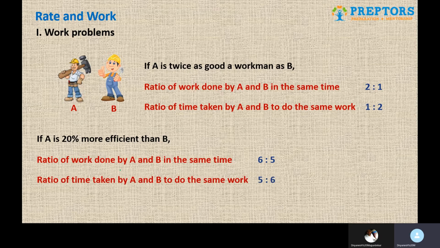And this is another broader application of percentages which you can apply here in terms of analyzing these kinds of statements. Again, what else they may switch up is the value of the percentage, and for that matter obviously you would require to know the fractions. So one more reason for you guys to study the fractions and the percentage equivalents very effectively. The second part is, instead of more they may say less or something of that sort, and based on that you should be able to figure out the ratio of work done by using the method of parts or method of fractions, whichever is convenient to you. Once you get work done ka ratio, take the inverse of that and you get time taken ka ratio.